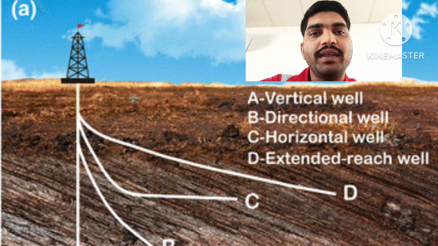In the picture, the well number A and well number B, in these types of wells, we can do the job with the slickline. And we cannot do the job in horizontal wells and extended reach wells. But with the coil tubing, we can do the job in horizontal wells and extended reach wells. The reason is that in coil tubing, we have the snubbing capacity. That is, we can push the coil inside the wellbore, which is not an option in case of slickline. So this is another difference between slickline and coil tubing.